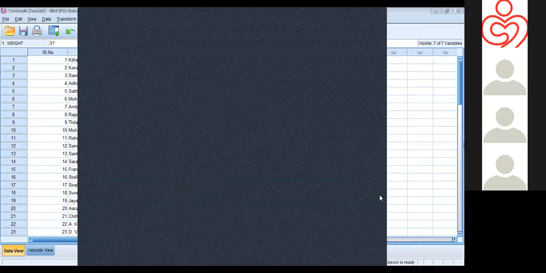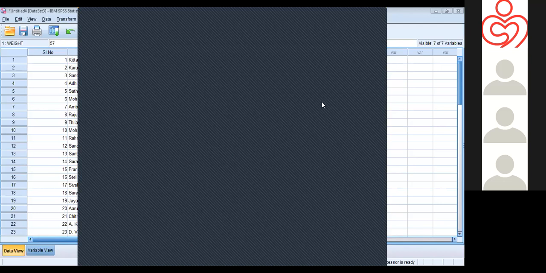Then we will get the results like this. How many are males and how many are females? What is the exact percentage of this frequency? Here also college and above, illiterate, primary, secondary. So it all came as the results. We got the final results.